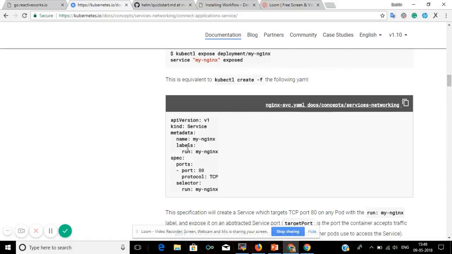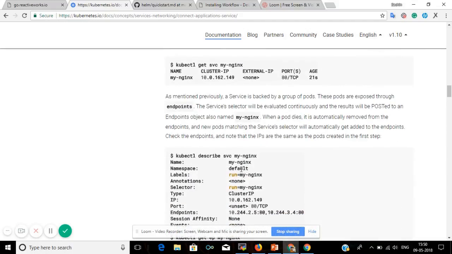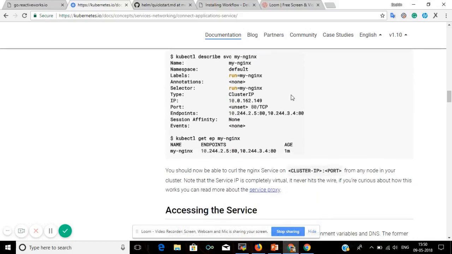So here in this service, we are telling Kubernetes that the kind is Service, my app name is Nginx, and I want to expose it on port 80. That's it. Once it gets deployed, Nginx will be open on port 80 and we can access it. There are several types to access the application.